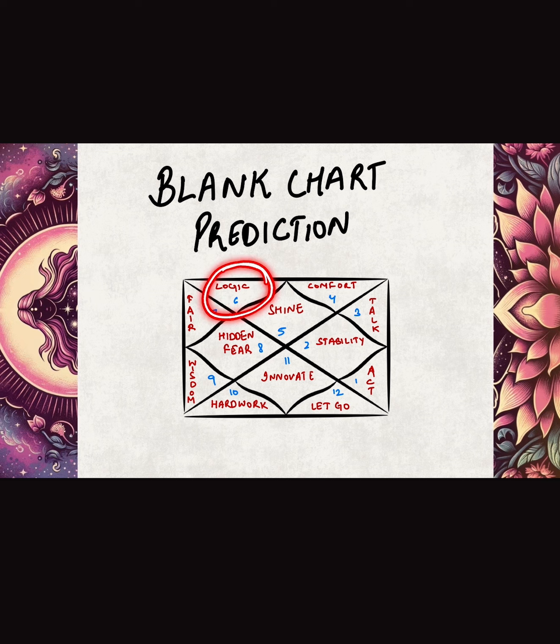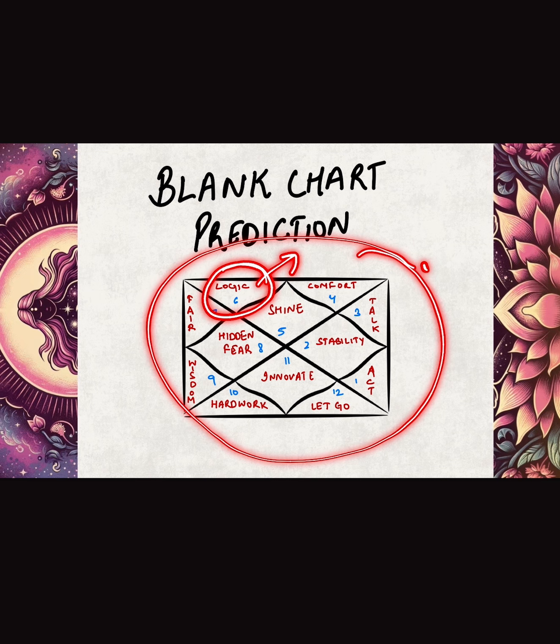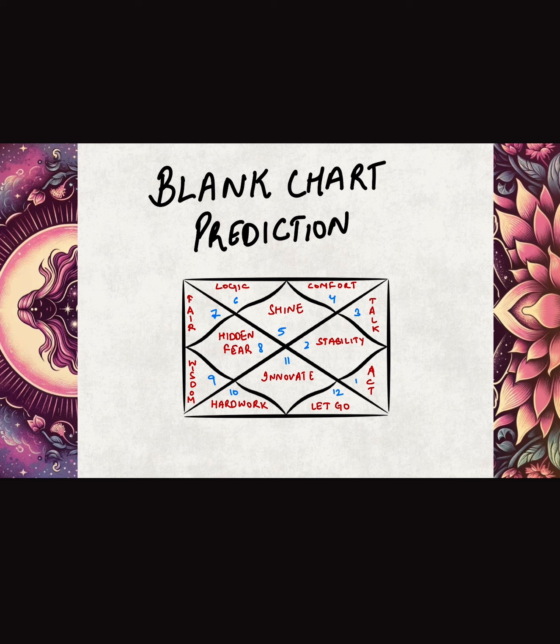Now, when we look at this kundli, Virgo is coming into the second house. That means that this person will be naturally good at finances, because second house is relating to your wealth. And here, Mercury-ruled Virgo is here. That means that this person will be naturally good at finances, making wealth.